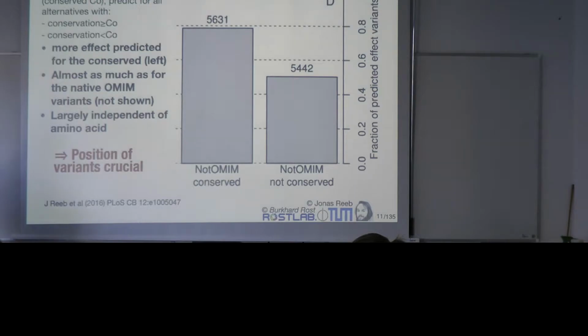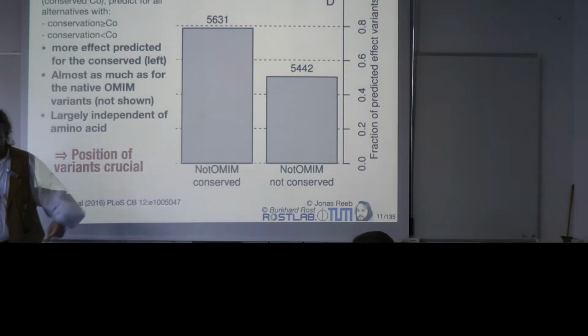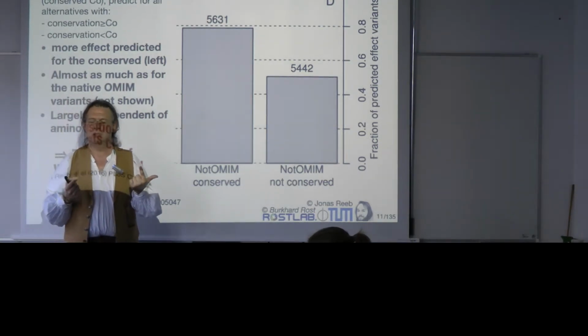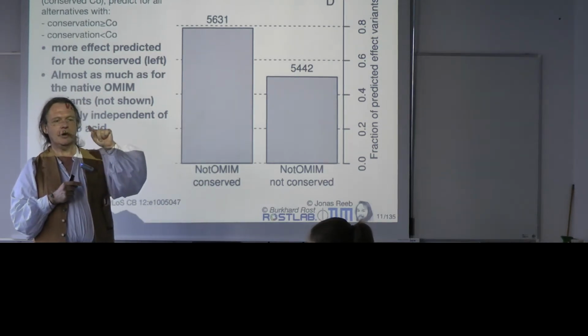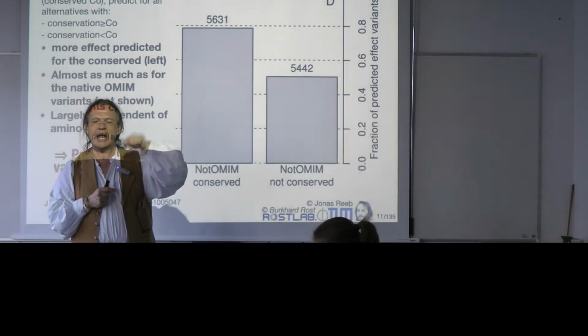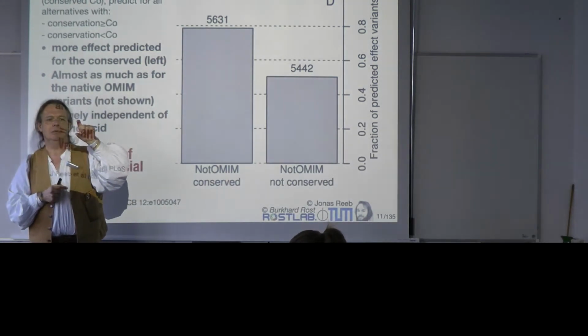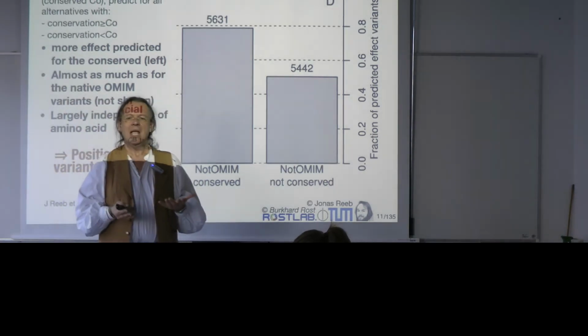Here's another story, and that one is simple and I remember it. So now what we do is we take this position, so we have an OMIM variant, 5,661. And with these proteins, I'm going to change any residue in that position. So I do all 19 non-native, and I ask what's the effect of those.